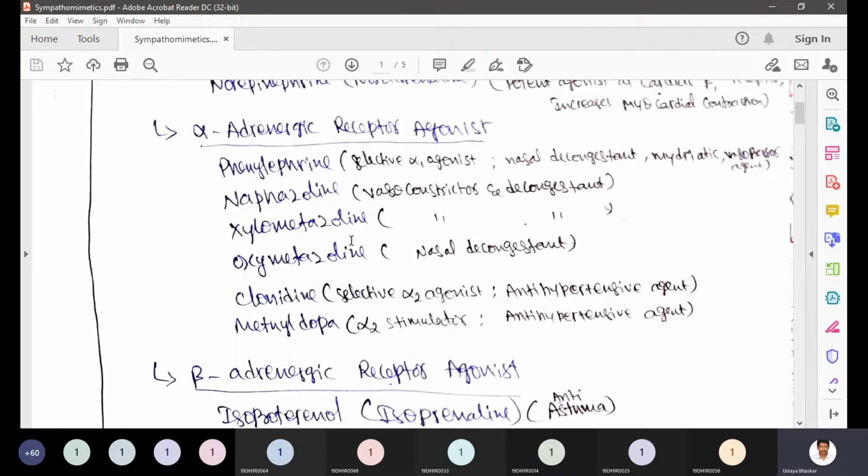Whenever you see the name, you have to assume the functional groups that would be present according to the name, and you have to carry forward that curiosity while dealing with the actual chemical structure of the drug. Okay, so if you see nafazoline, you should assume that there should be a naphthalene ring, and there should be some azole kind of five-membered structure or anything. That means there are nitrogen containing rings, okay, or nitrogen containing compounds.